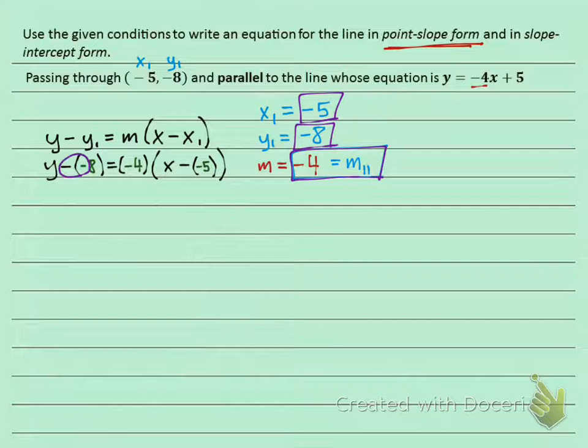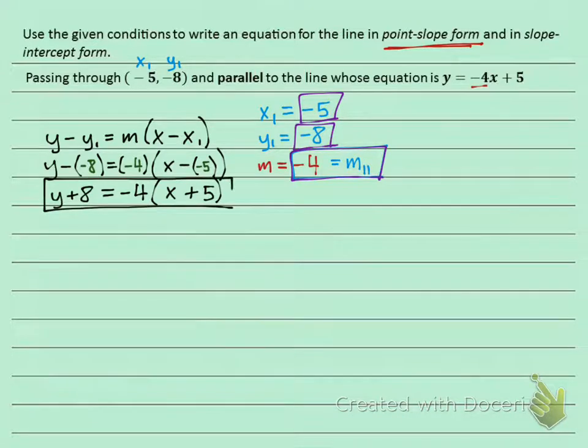What is minus a negative? Minus a negative is the same thing as a positive. So instead of writing y minus a -8, we're going to write y plus 8 equals, leave your slope out there, and then in here we see minus a -5. And what's minus a -5? Yes, it's a plus. So this is going to be x plus 5. Okay,